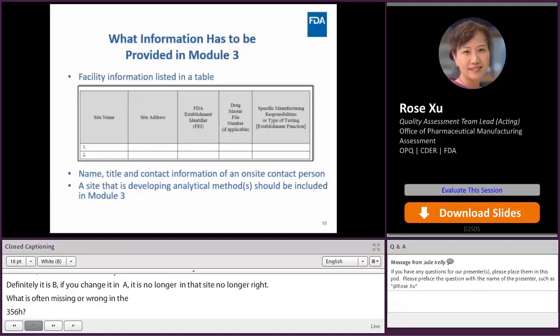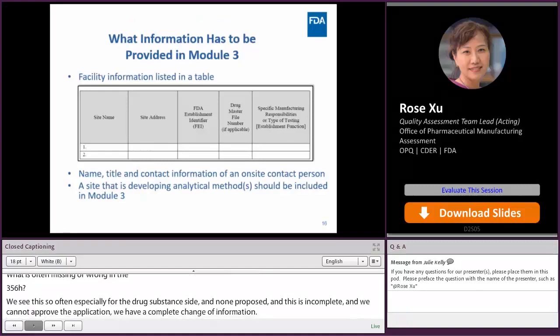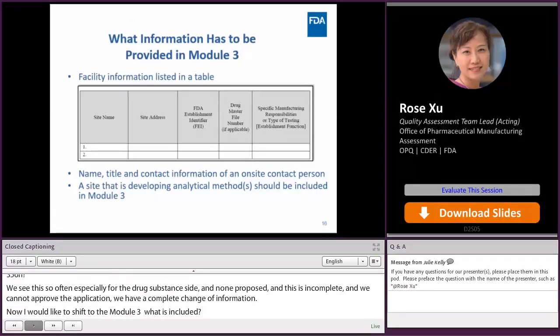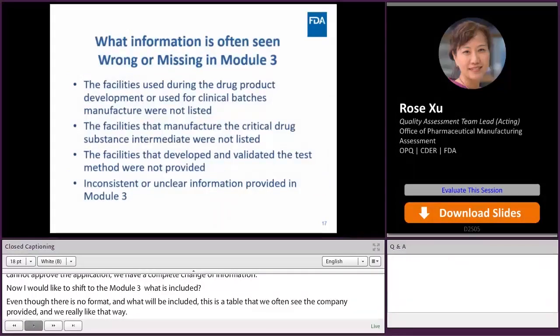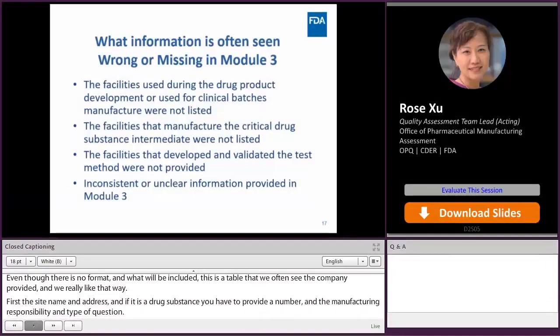So now I would like to shift gears to Module 3. What needs to be included in Module 3? Even though there's no certain format of what information needs to be included in Module 3, this is a table that we often see the company provide and we really like that way. First is the site name, site address, the FEI number. If it's a drug substance, you have to provide a DMF number, and then list the specific manufacturing responsibility or type of the testing. So here, I also give the list of the items that often seem wrong or missing